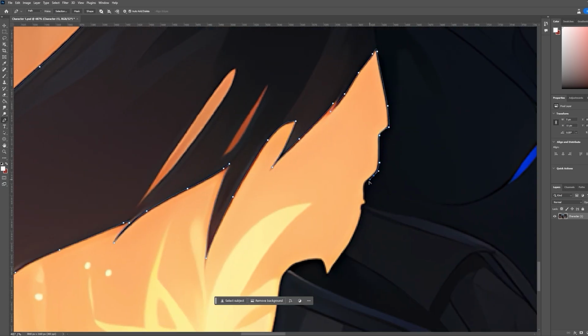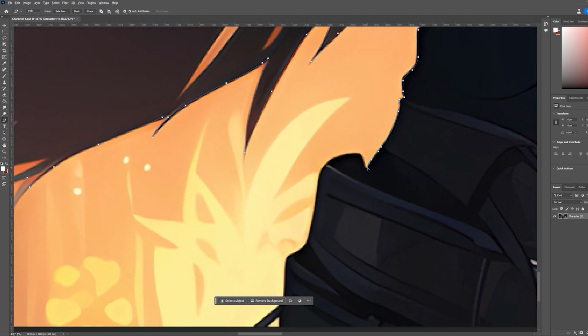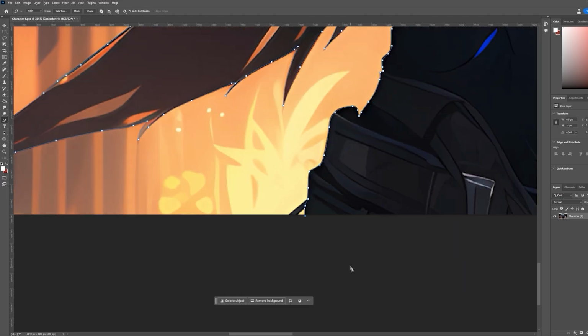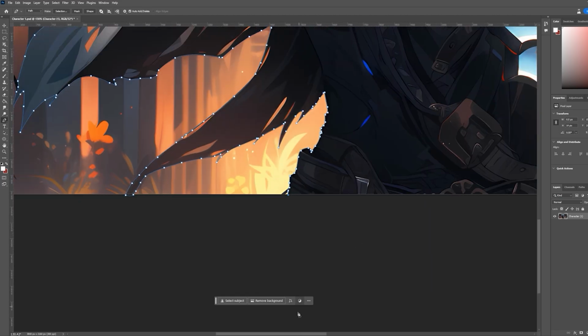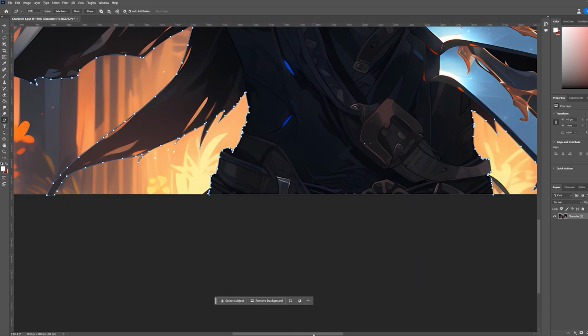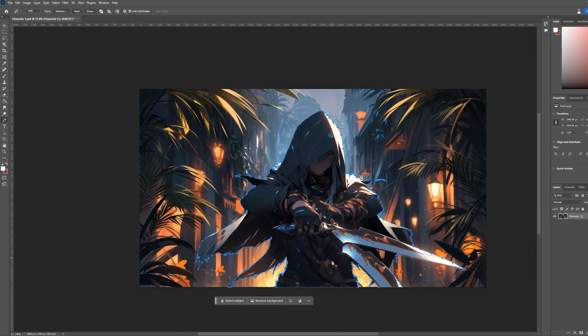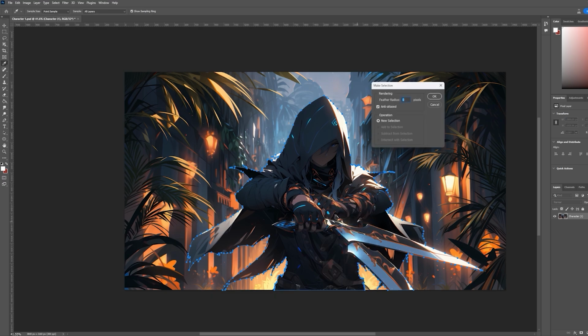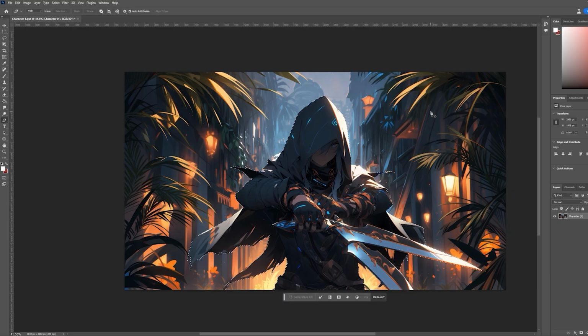Finally, down this side of the torso and off the canvas. Then, you simply link the last vector with the first. Once it's all connected, right-click on the canvas and navigate down to Make Selection. We don't want any feathering, so make sure that's set to 0, and you'll now see that the character